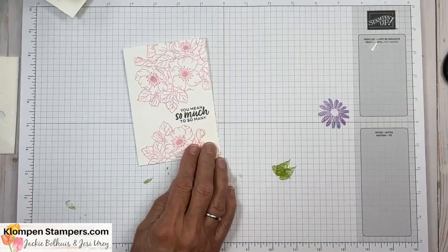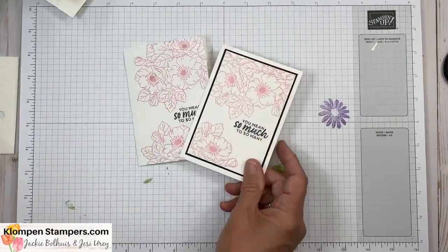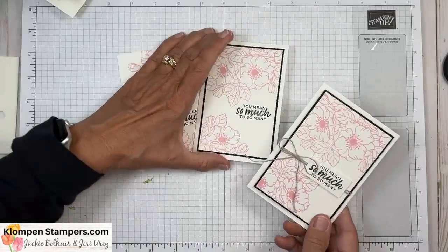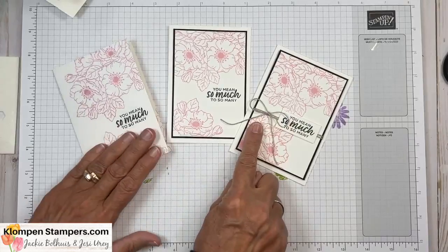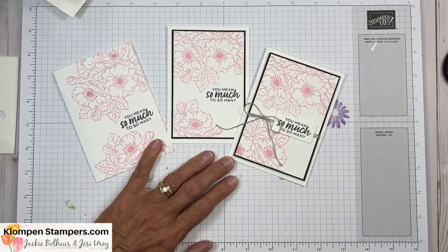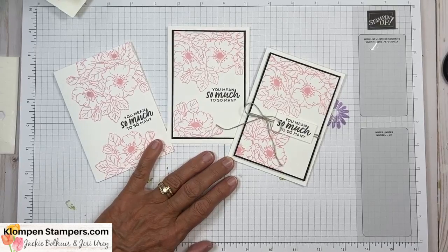So here, we started with that one. SIP plus with a couple layers. And then I didn't do a whole lot different, but I added just the linen thread and cut this out and popped it up. So you can see just that little bit, how much it really changes a card and